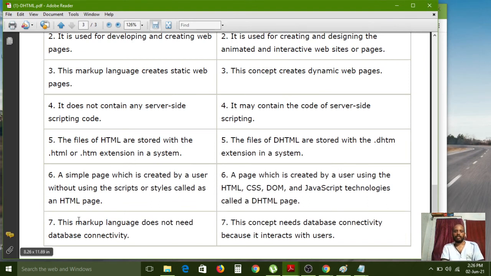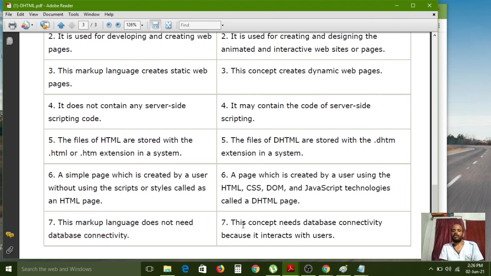Next, the seventh difference. The HTML markup language does not need database connectivity, because those options are not there. If you use pure HTML, database connectivity is not supported by the HTML page.